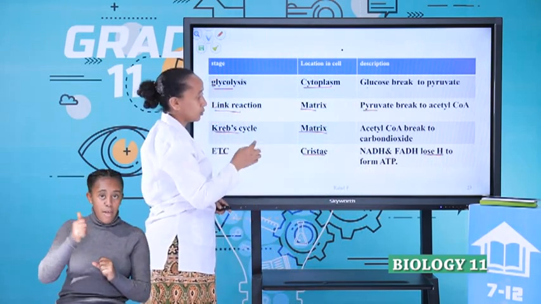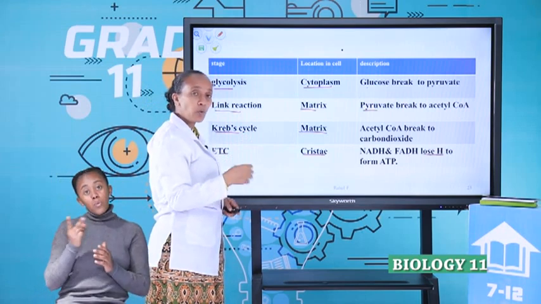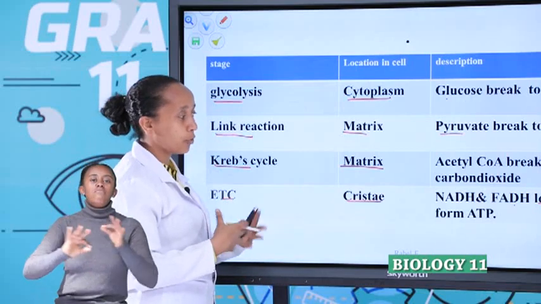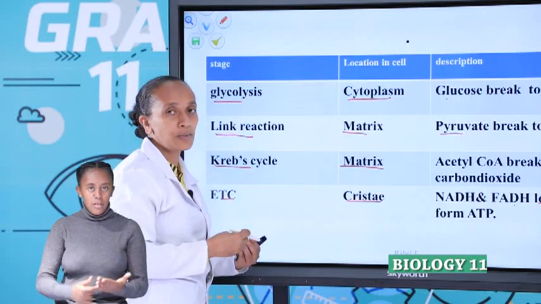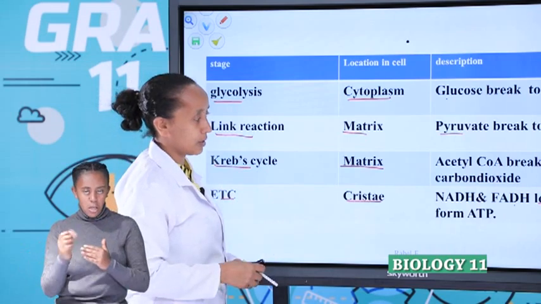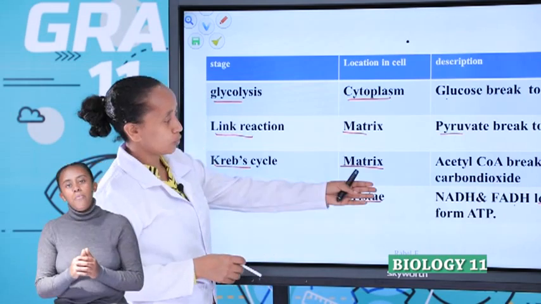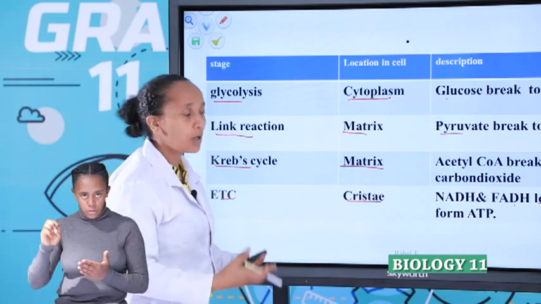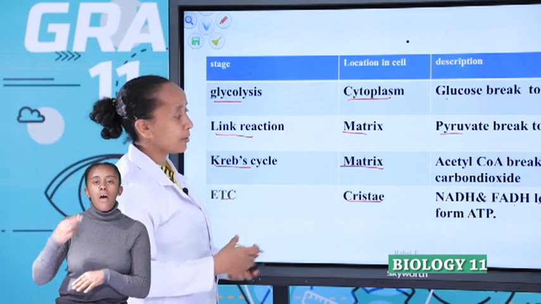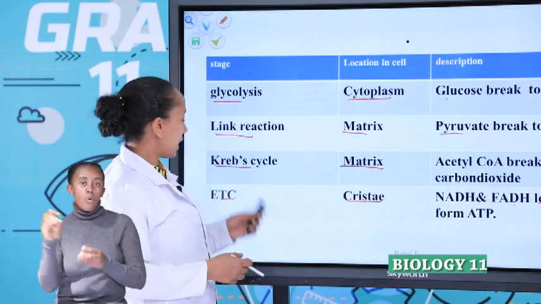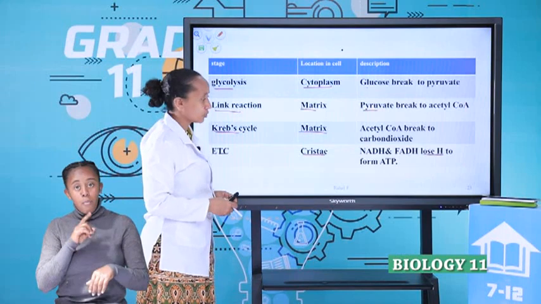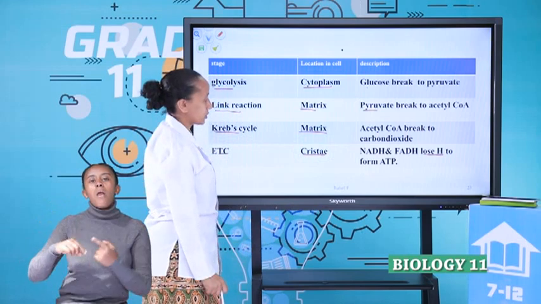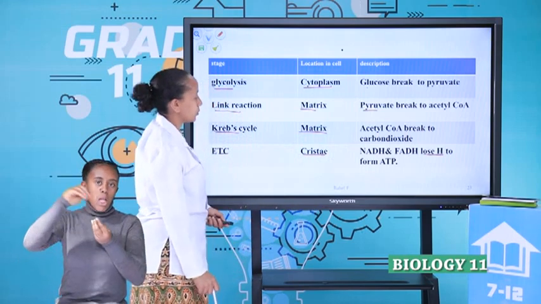If you remember, when we talked about these two coenzymes, we said that cellular respiration is a type of redox reaction. In this type of redox reaction, when some substrates are oxidized, other substrates become reduced. And these two coenzymes, when they gain hydrogen, become reduced. When they lose hydrogen, they become oxidized. So at the time of the electron transport chain, they will lose their hydrogen, which means they become oxidized, and this hydrogen will be used by the cell